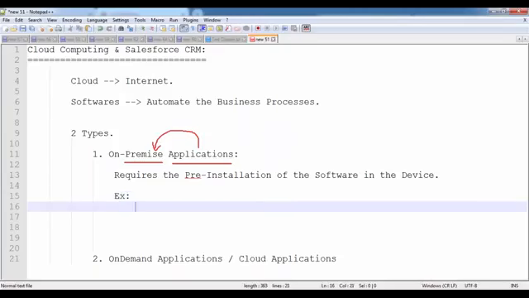Can you give me some examples of software which requires installation? Forget about the mobile applications. Can you tell me any software which you are using in your device, like your laptop or desktop? Whatever software you're using inside your device which requires installation, can you give me some examples?